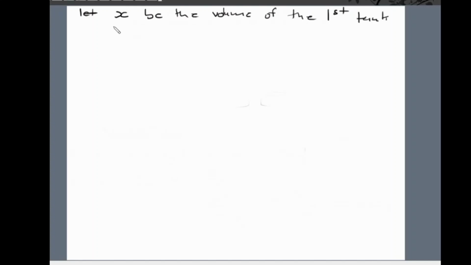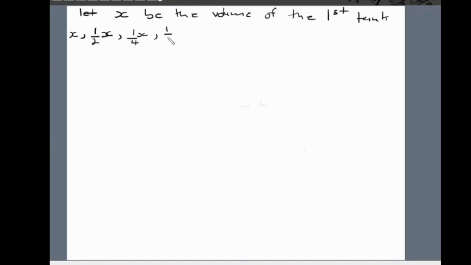So if x is the volume of the first tank, then the volume of the second tank is half the size of the volume of the first tank. Then the volume of the third tank is half the size of the second tank. So the volume of the third tank will be like this, right? So here we have the first tank, the second tank, the third tank,